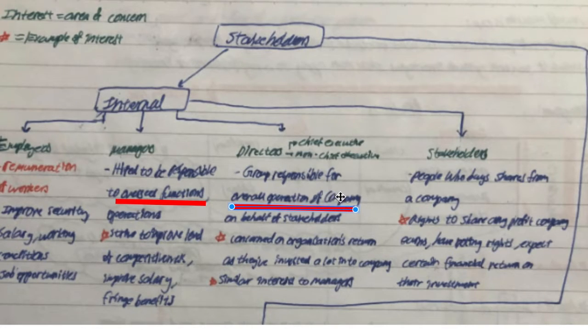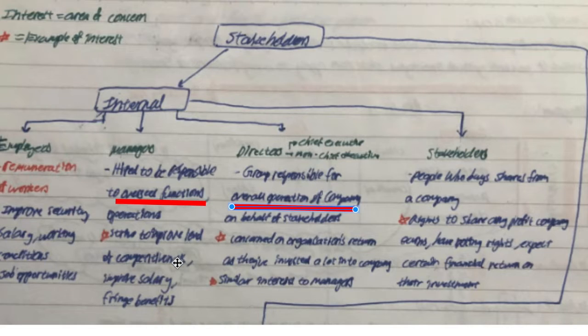The word company here is also very required, because the word company shows that the directors oversee the whole company, while the managers only oversee employees but not directors. So basically you're going from this direction but not from this direction up. That is why the director's job is also to be concerned with the organization's return on investment, and also